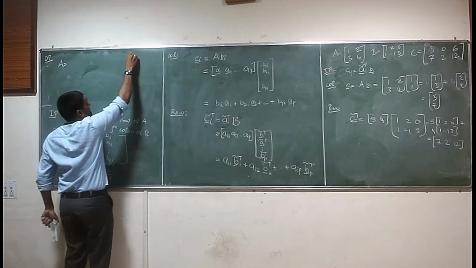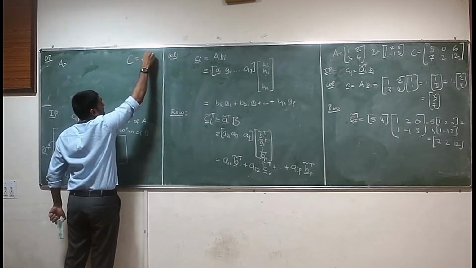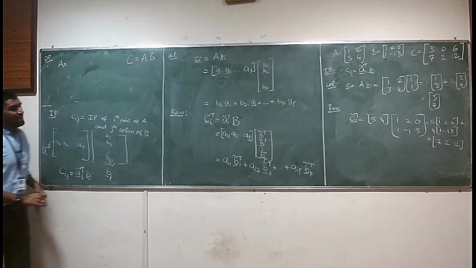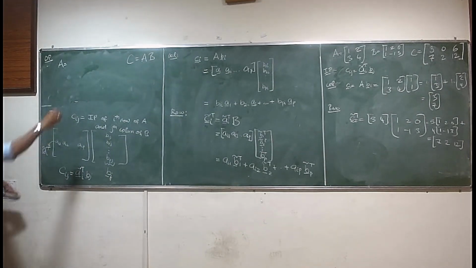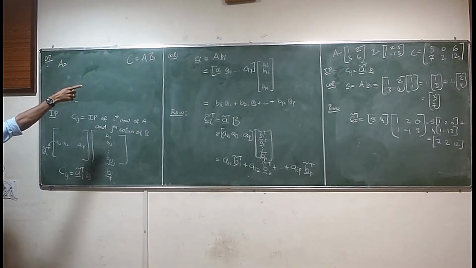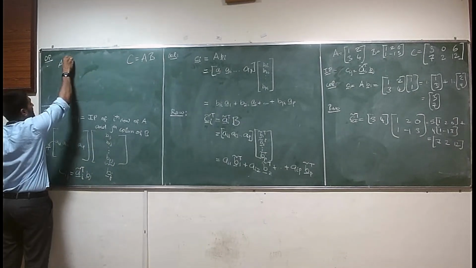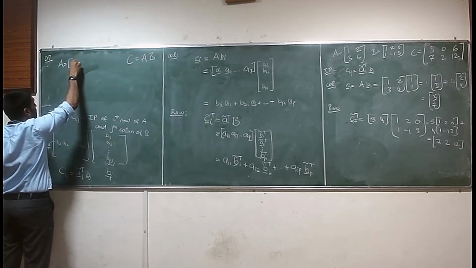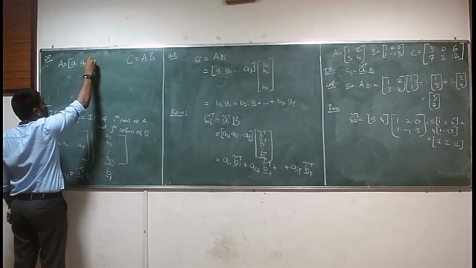And we are interested in C equals AB. Let's say we choose to write A in terms of columns of A and B in terms of rows of B. So what will that be? Then A is simply A1, A2,